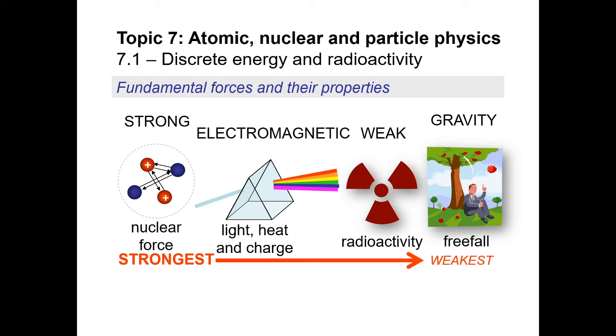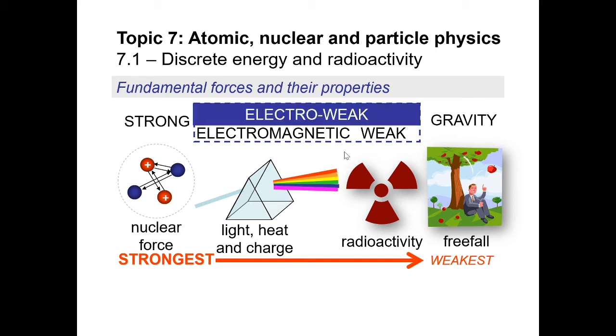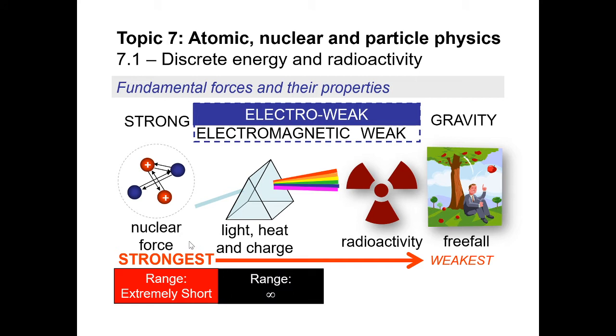And when we say strongest to weakest, it is really actually a huge scale. The strong nuclear force is just absolutely magnificent. Sometimes these two middle forces, the electromagnetic and the weak force, are combined into what's called the electroweak force. Here are the ranges. So like I said, the nuclear force works over very short ranges, usually across the diameter